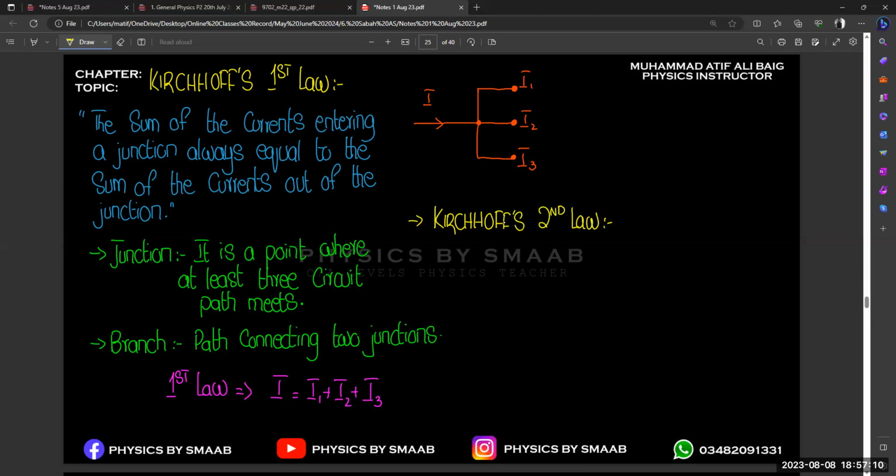And it will be Kirchhoff's second law. It is for the voltage only, right? EMF. So the first one is for the current. The second one is for the EMF. So the sum of the EMF in a closed circuit,